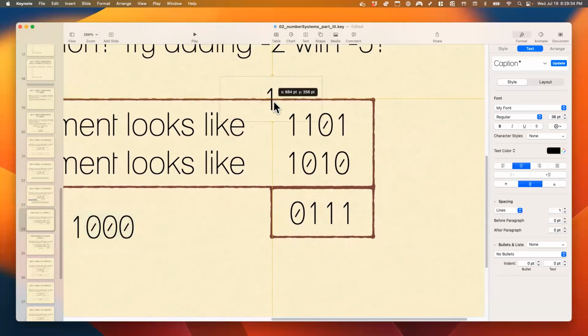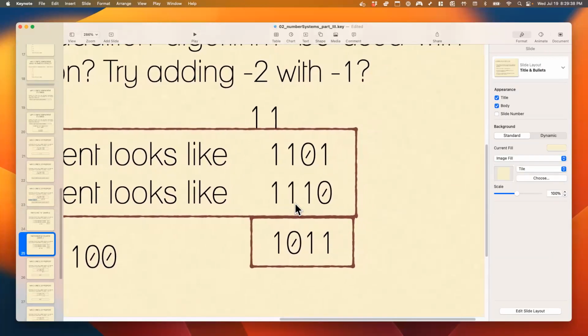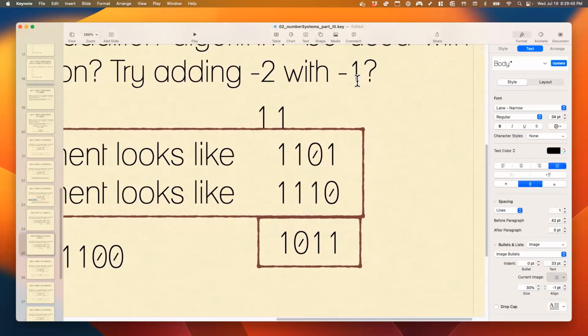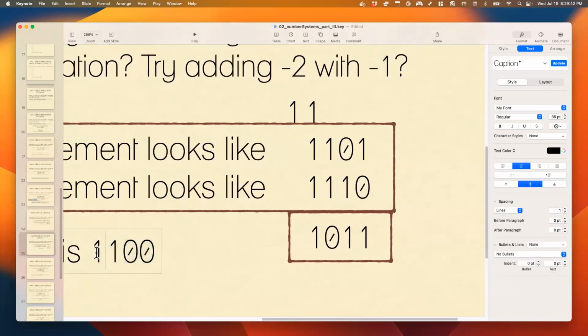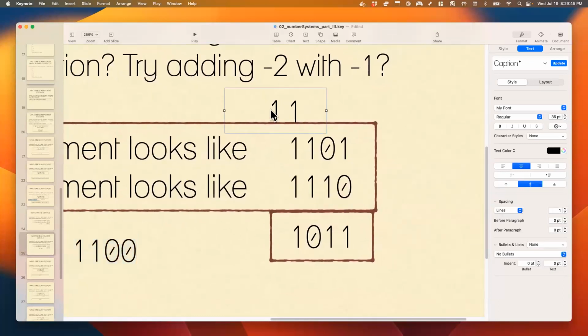So let's go back to this one. Okay. So again, we added -2 to -1. We were hoping that we would end up with this one. However, we did not. But because there's a 1 that extended the most significant bit, what we could do, I'm